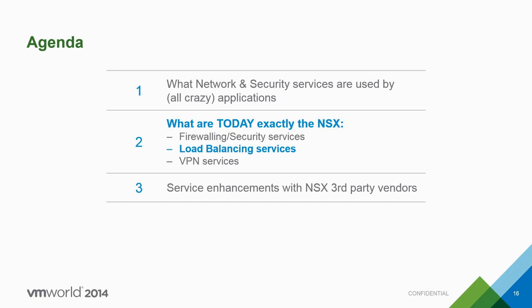I have a question. I understand that all the service depends on the vCenter server. What's happening if the vCenter server goes down? Maybe another question, if I see that you recognize all the operating systems. So the question is, what happens if vCenter goes down? If vCenter goes down, vCenter will not be able to tell NSX about the new stuff, but everything you have in place will still work.